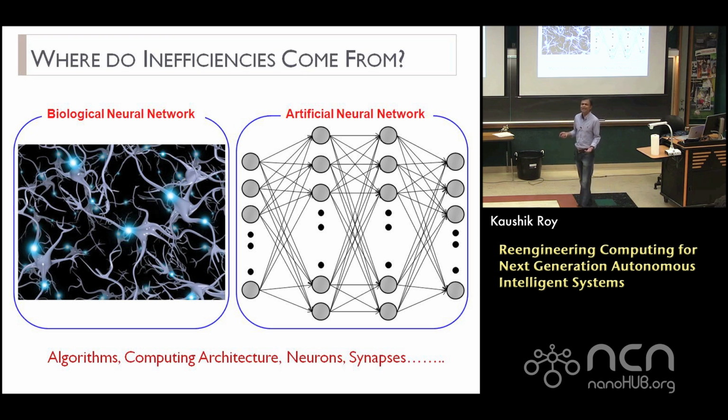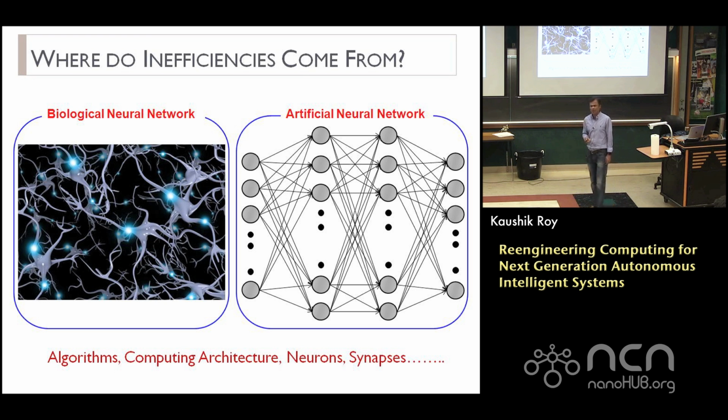first, to start with, I don't even know the algorithms of the brain. There's been a whole lot of work going on in the neuroscience area, trying to understand things, but I still don't really know how things work in the brain. We probably don't even know 10% of what the brain does, right? So that's certainly a problem when we are trying to mimic some things of the brain.